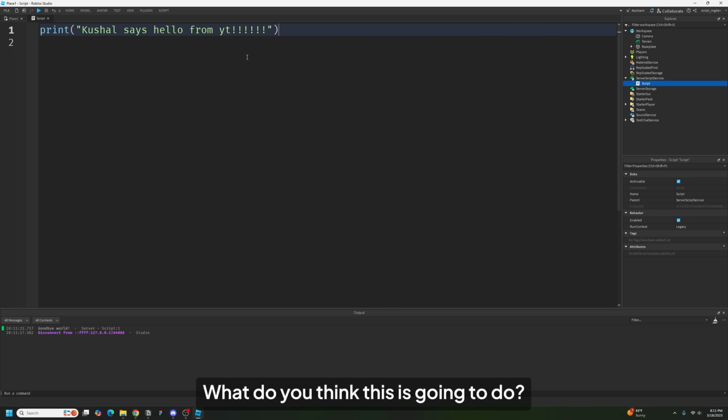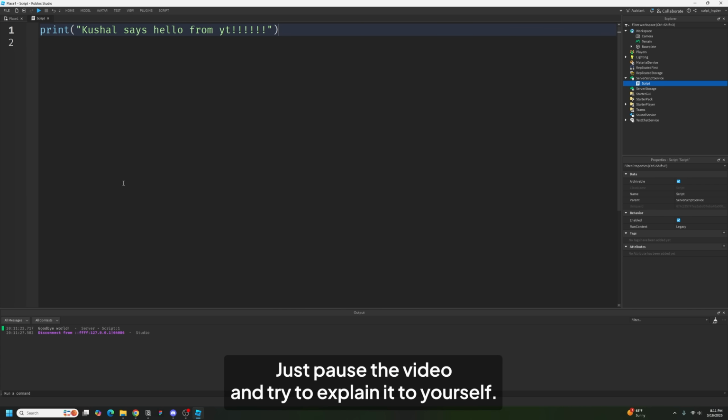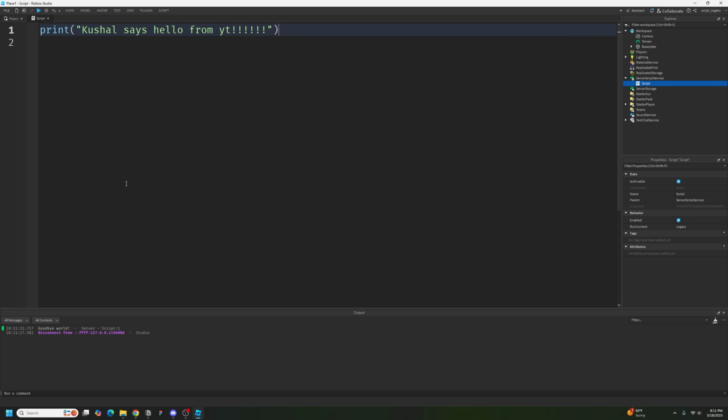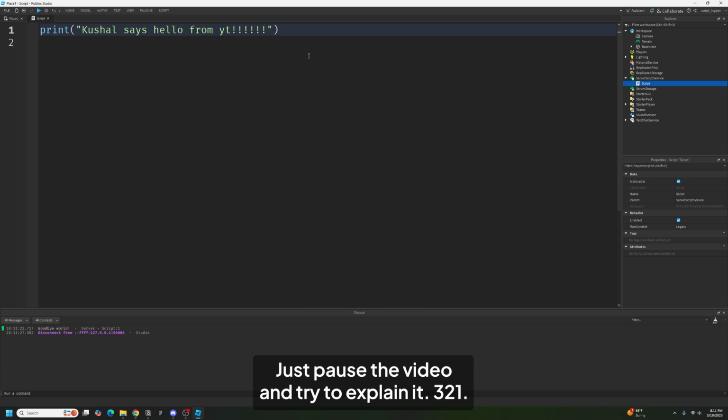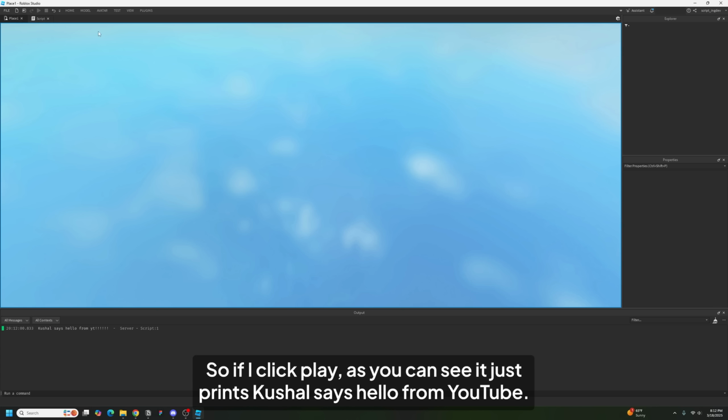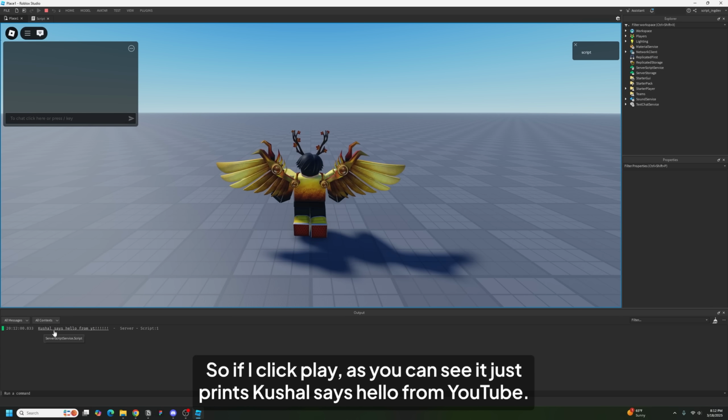What do you think this is going to do? Just pause the video and try to explain it to yourself. If I were to click this play button, what do you think this is going to do? Just pause the video and try to explain it. 3, 2, 1. Alright, so if I click play, as you can see, it just prints Kushal says hello from